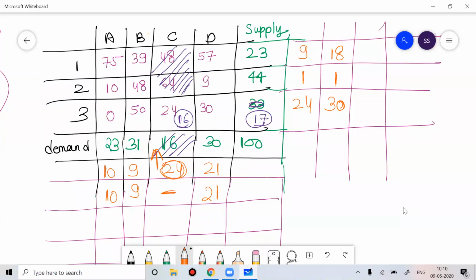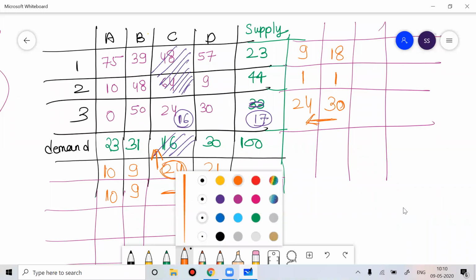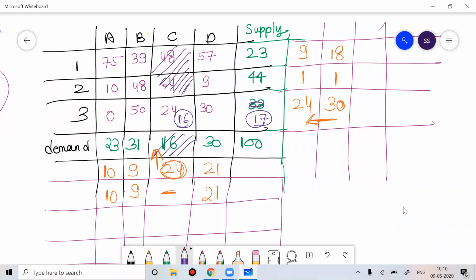The highest is 30. It means now it will enter the solution. If it enters the solution, see the lowest element. The lowest element is 0, and the supply for that is 17. Demand is 23. So you can put 17. If you put 17, nothing can be done here. So here this becomes 23 minus 17, so then it will become 6. Now the left one is 6 here.